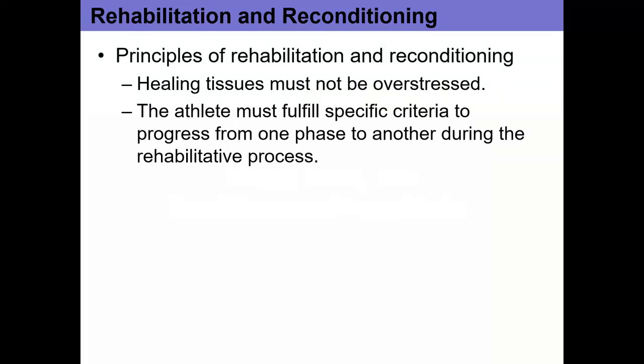So in terms of the overarching principles of rehab and reconditioning, the first thing there is that the healing tissues must not be overstressed. After an injury, we'll talk about the different phases of tissue repair, but in that second phase, right after the acute inflammatory response, you're into a fibroblastic repair phase where the fibroblasts, which are the immature connective tissue cells,